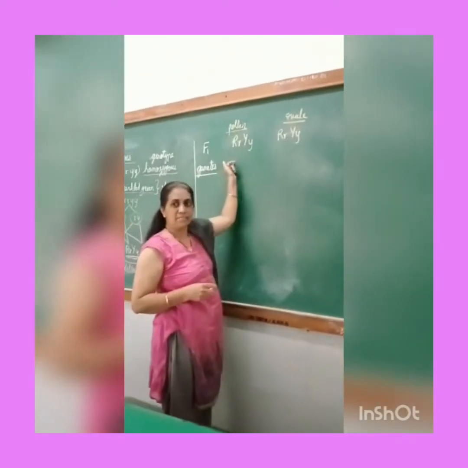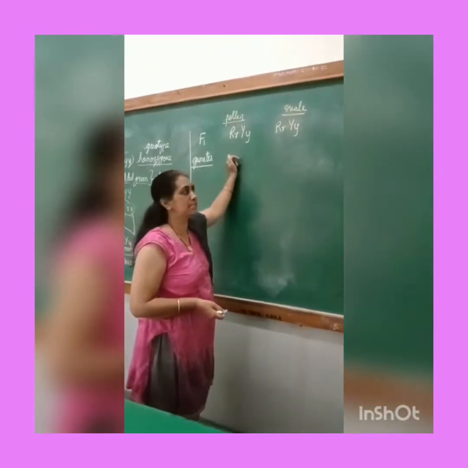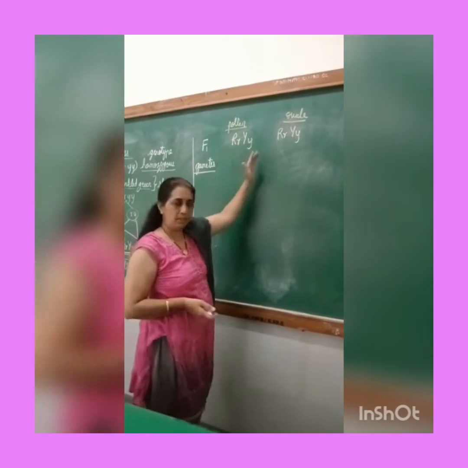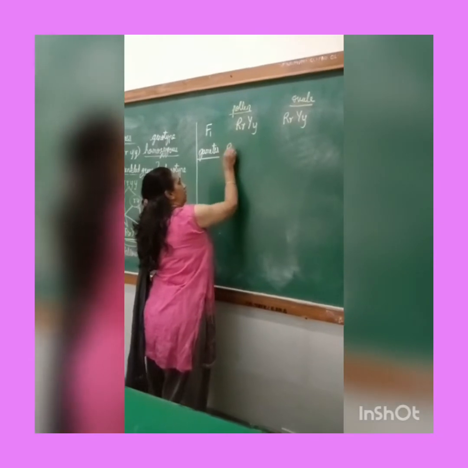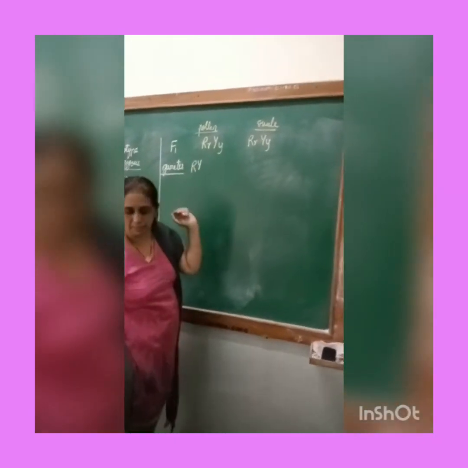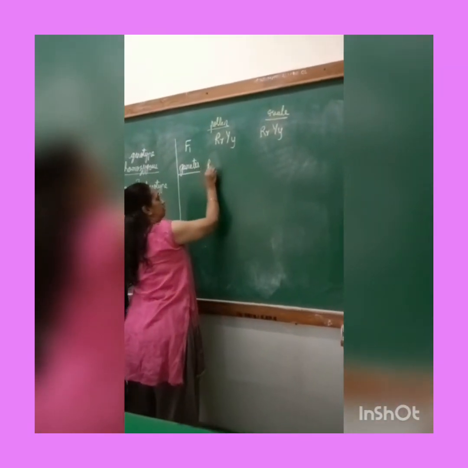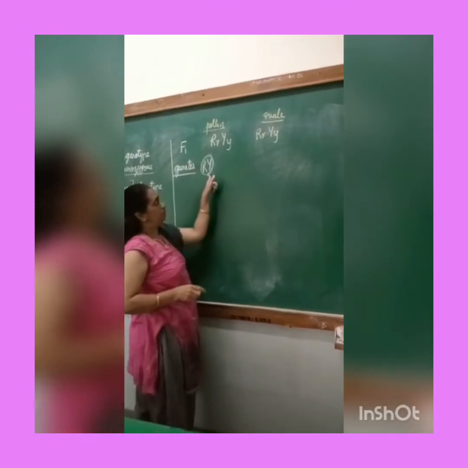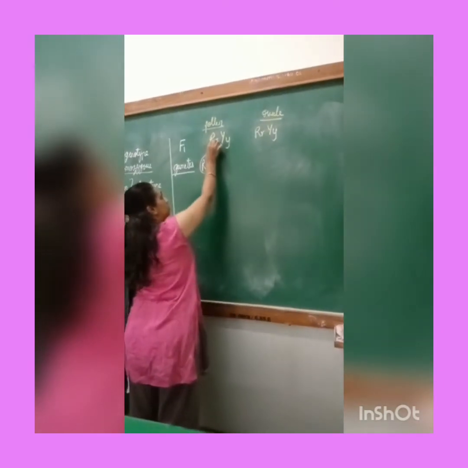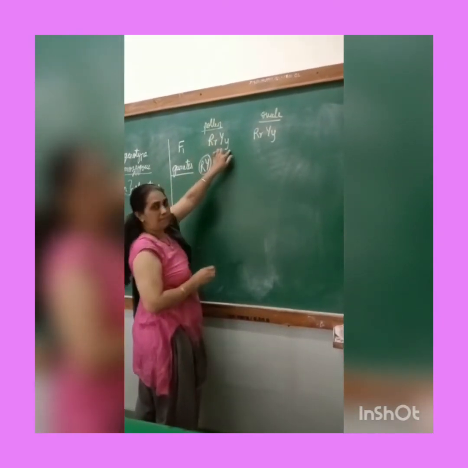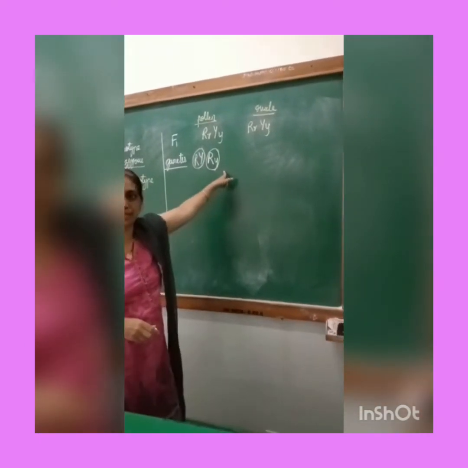So of course the gametes will also have both the traits. That is, the trait for the roundness, that is the shape of the seed, as well as the color of the seed. Okay. So now let us see what is happening. One of the gametes will have one capital R and one capital Y. Capital R, capital Y. This is one of the types of gamete that is being formed. Now this capital R is there. Suppose it combines with the small y to form the gamete. One pollen grain will be formed in this manner.